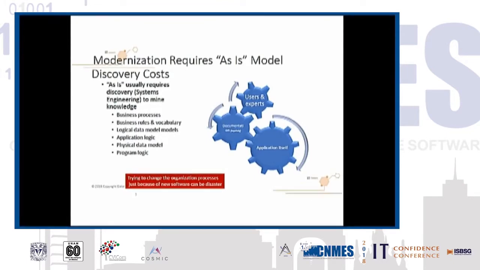That might seem like an obvious thing, but there's huge cost potentially in that, and that is systems engineering. We are seeing the costs of systems engineering, both in software and in systems, going up dramatically. So if you're just estimating the developers, you might be missing major portions of the cost.